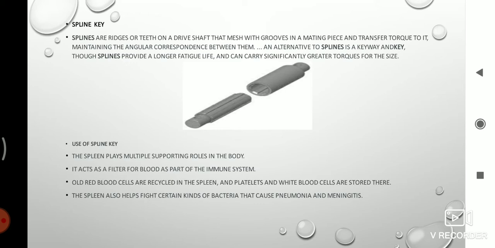The spilling play multiple supporting role in the body. It acts as a filter for blood as part of the immune system. Old red blood cells are recycled in the spleen, implanted and white blood cells and stored there. The spleen also helps fight certain kind of bacteria that cause and many